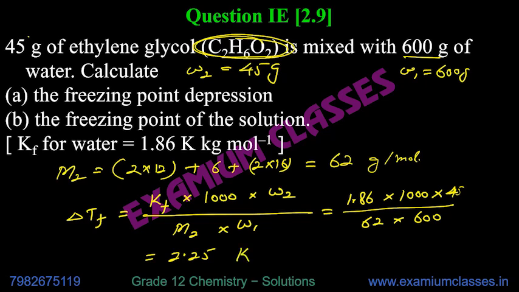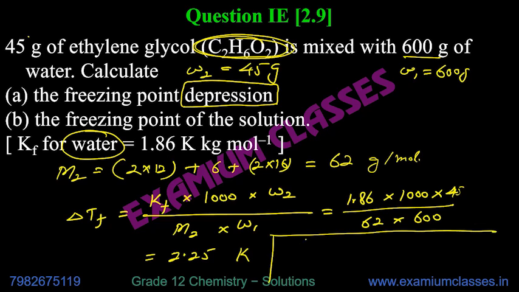Yeah, that is the freezing point depression. Means this much decrease will be there in freezing point. Freezing point depression means this much decrease, delta T. Then the freezing point of the solution. So freezing point of water was 0 degrees Celsius, effectively 273.15 Kelvin. So delta TF is actually